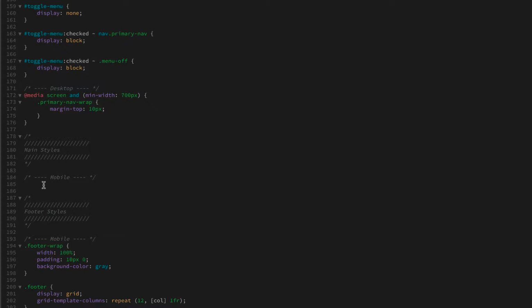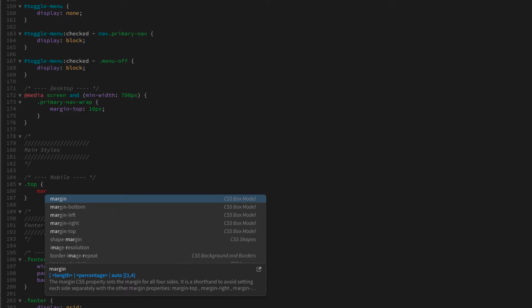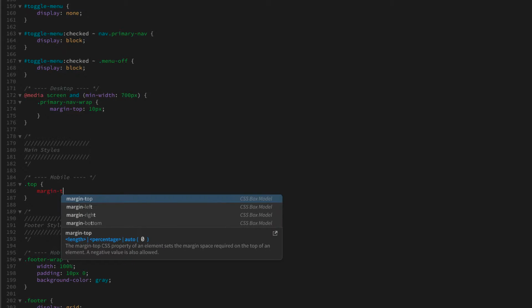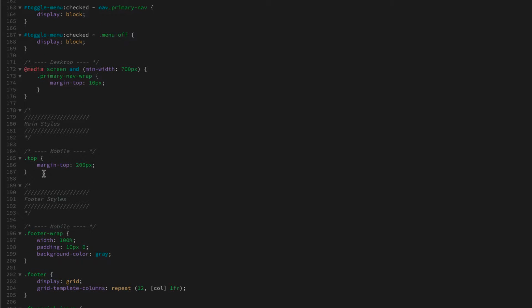So to do that, I'm going to create a new class called top, and then open up a curly brace, and then from there I'm just going to say margin top 200 pixels. Okay, and next